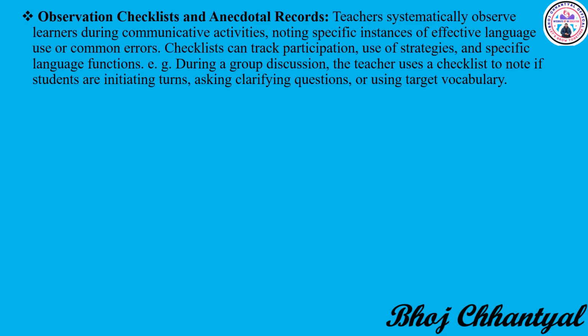Observation checklists and anecdotal records. Teachers systematically observe learners during communicative activities, noting specific instances of effective language use or common errors. Checklists can track participation, use of strategies, and specific language functions. E.g., during a group discussion, the teacher uses a checklist to note if students are initiating turns, asking clarifying questions,